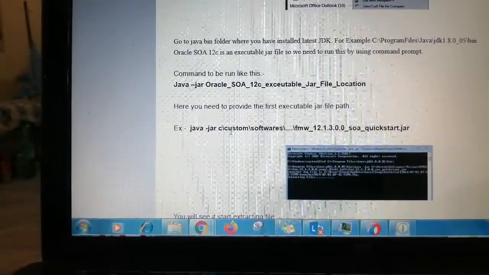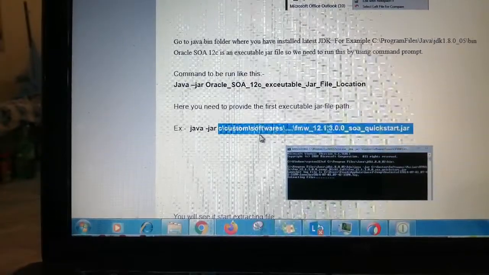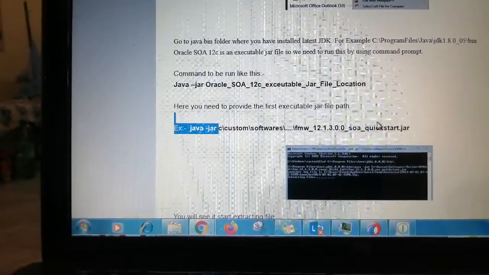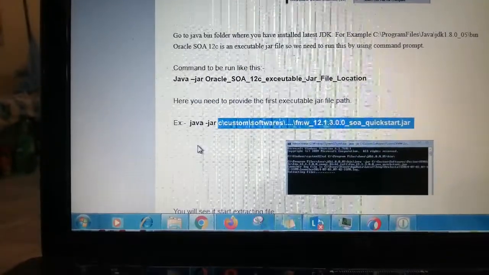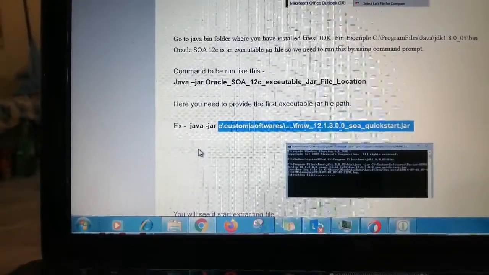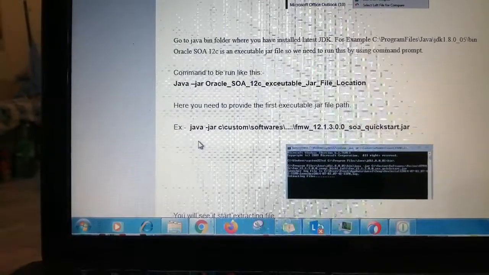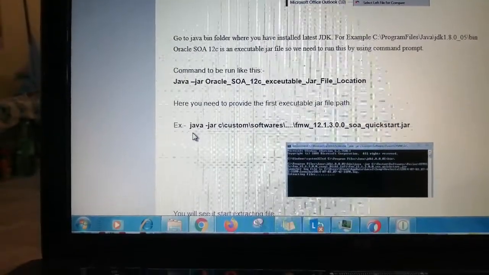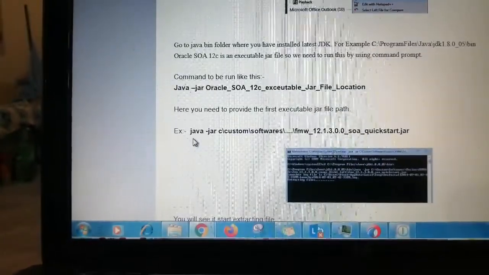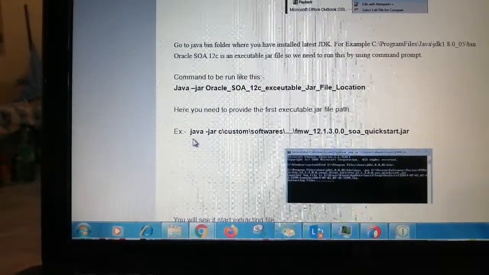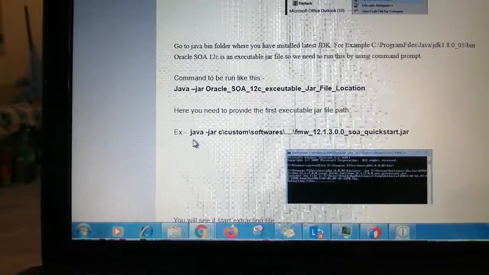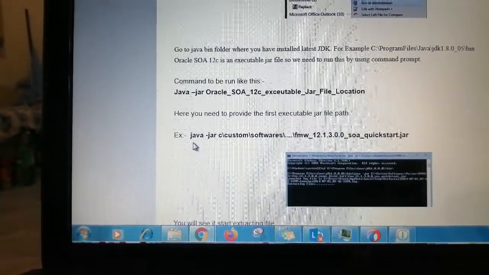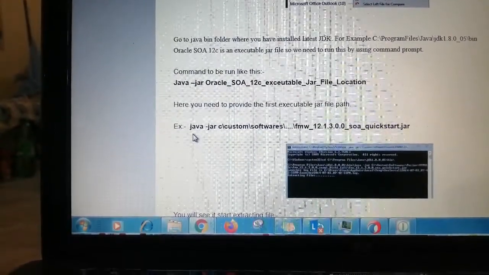My path is the C drive, custom, software, and this is the path you need to take for the first jar. To execute it, we need to write some commands in the CMD: java space dash jar space the path of that quick start jar.